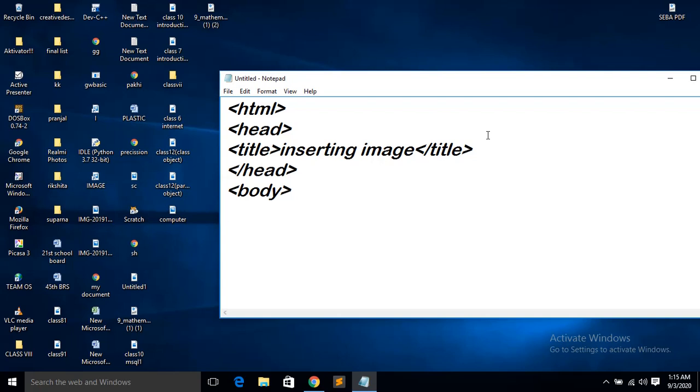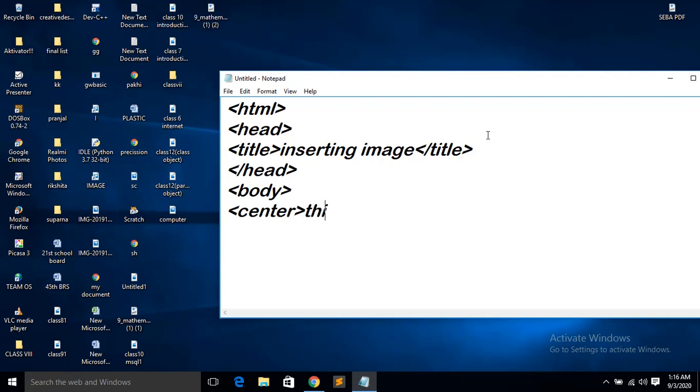So in the body part, say I want to write one line. In the book you can see they have written one line: This is a computer. I also want to write it, and it will be printed in the center. So they have given the code, that means the center tag. It will display in center. Remember the spelling. In English it is CENTRE, but in the code, that means in the HTML, we have to write it as CENTER.